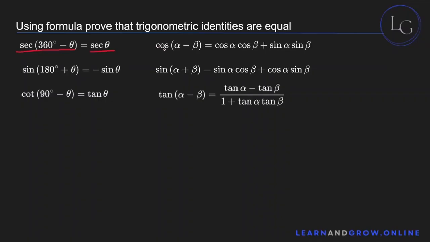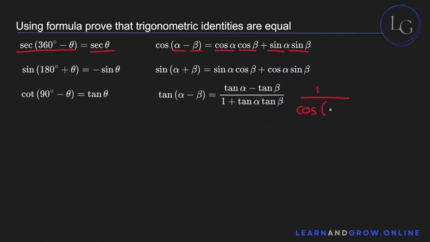Why? Because over here, again, remember, secant is the reciprocal of the cos function. So first look at this. Cos alpha minus beta is equal to cos alpha cos beta plus sine alpha sine beta. And if you replace this alpha with 360 and this beta with theta, you eventually end up with this over here, except now you have to take its reciprocal. That's just fairly simple. So this entire thing just basically becomes, let me just write that down, 1 over